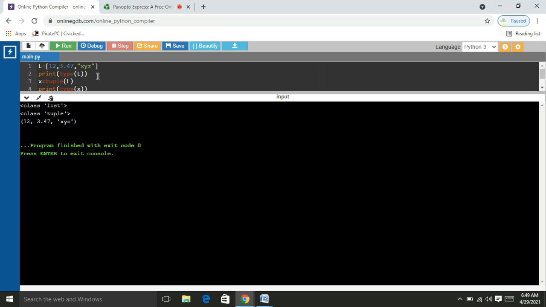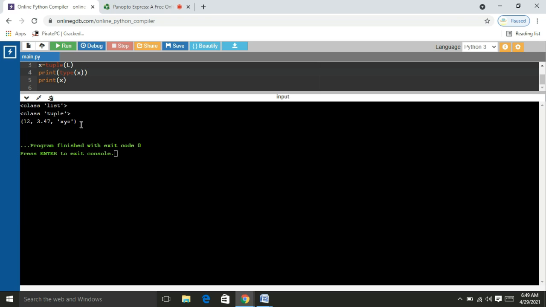The type of L is list, and when I create X equal to tuple, the type of X is tuple, and the elements within the tuple are printed in the same order.